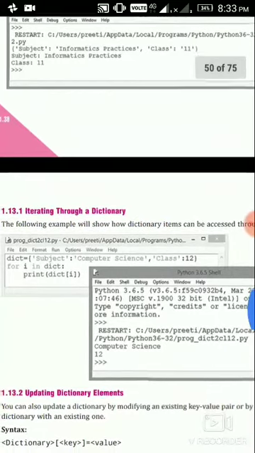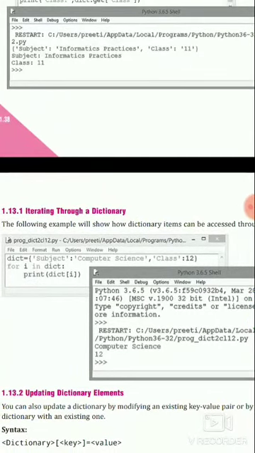Then we go to the next topic, iterating through a dictionary. This example will show us how dictionary items can be accessed through a loop. So let's see. Here a dictionary is declared, the same as before, the only difference being that the subject value is computer science in this example, and class is 12.